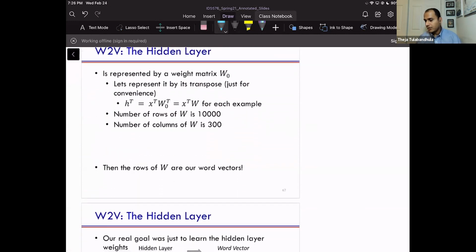Okay, so let's call the first set of weights W0 instead of W. And why is that? Because I want to consider its transpose to be W. So what is happening in the first set of weights? Remember, WX plus B. Let's forget about the bias. There is plus B, but just think of the bias as all zeros, and we're not optimizing it. So WX is the hidden.